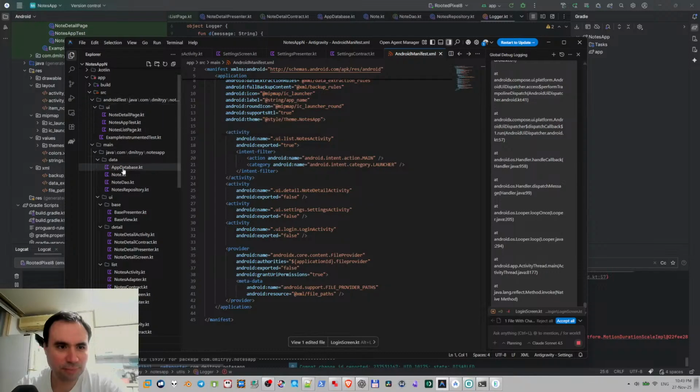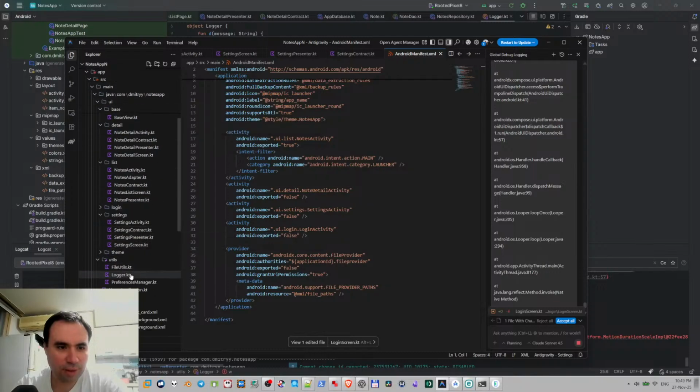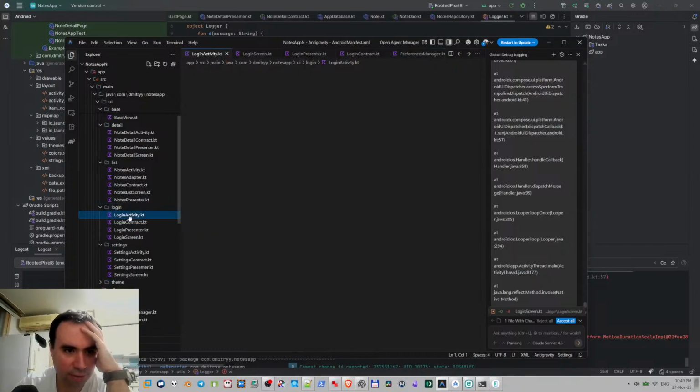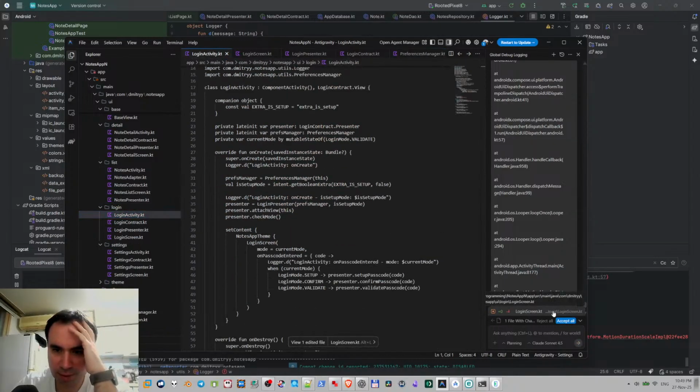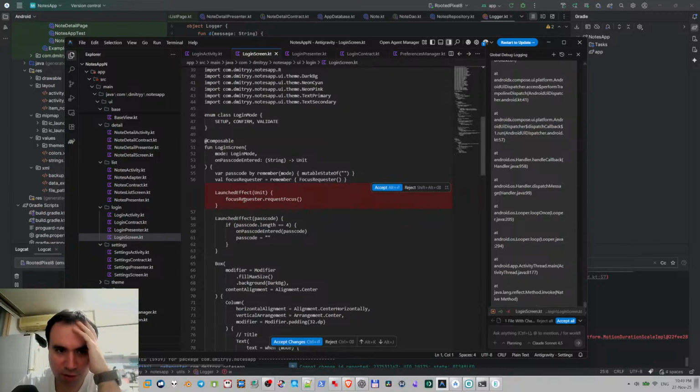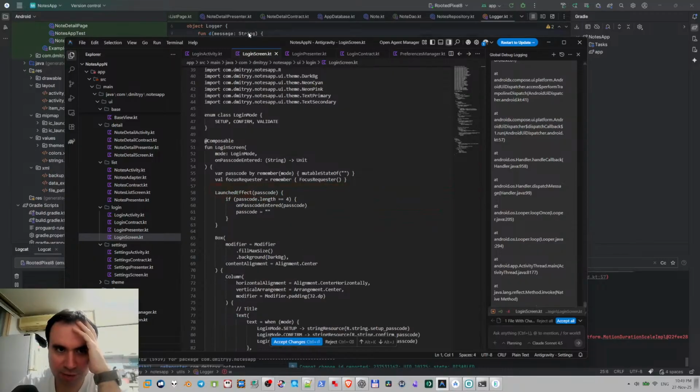login. Logger, not logger. Login. Okay, new folder created. Login activity, login screen, request focus. Okay, so now it's gonna do